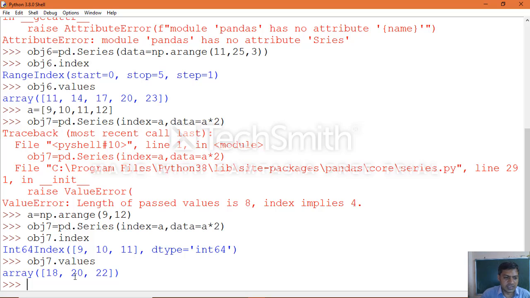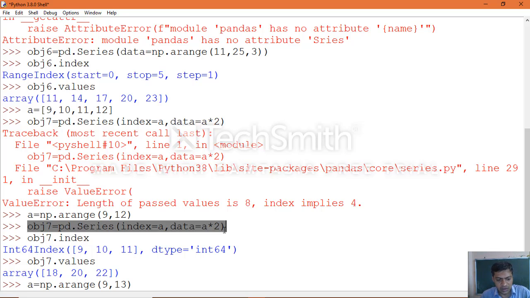Suppose you increase this particular value to 13, then you will get the output according to the textbook, because of stop minus 1, which is how the array range function of the numpy module takes values. That is the reason you need to change it according to the output you require, so we made changes here.